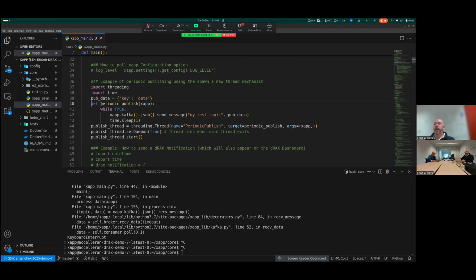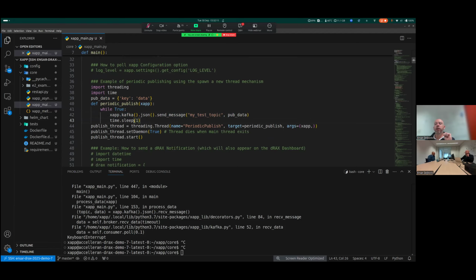We then define a function that we call periodic publishing, and we define a while true loop where we use this abstraction in our SDK, the xApp Kafka JSON send message. In the send message, we also have to give two parameters. One is the Kafka topic on which we're publishing, something like my test topic, and then the actual data that's being published.